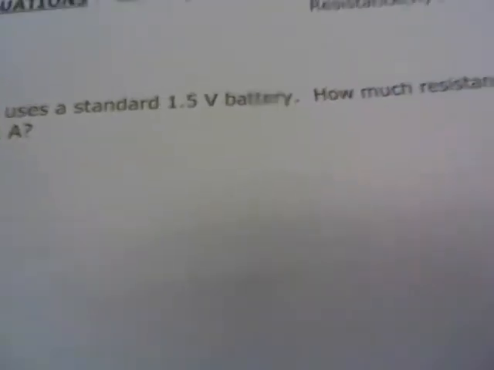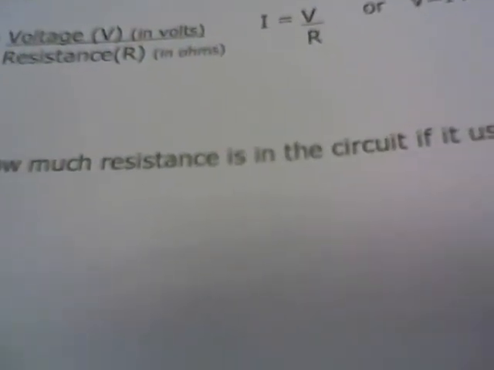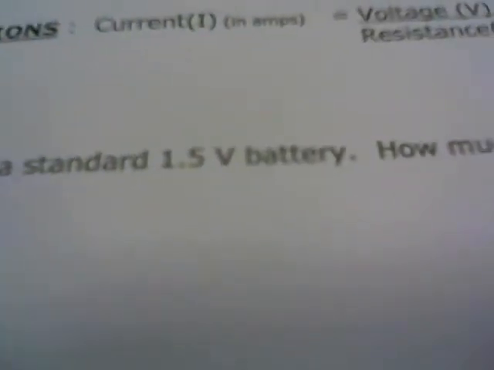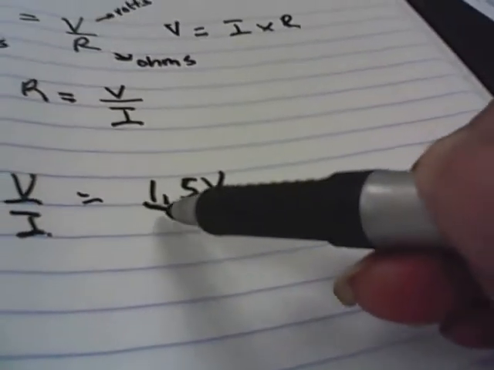So let's look at what it's asking for. It asks for how much resistance is used. So then we just use the equation for resistance, which is R is equal to V divided by I. So for this particular problem, we are just doing number 1. What is the volts? If I go back, the volts are 1.5. So I have 1.5 volts. And what's the current? Amps. It has a current of 0.01 amps. So 1.5 volts divided by